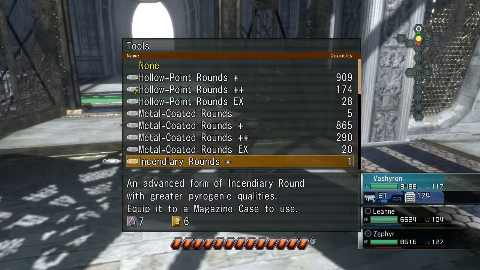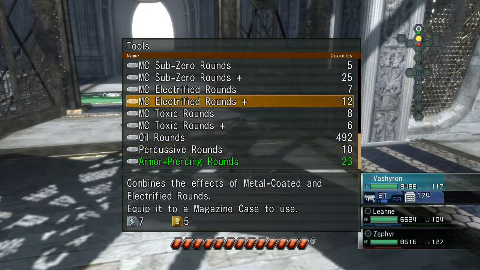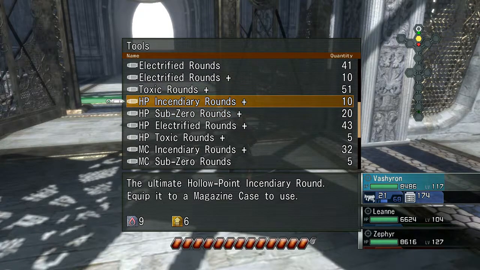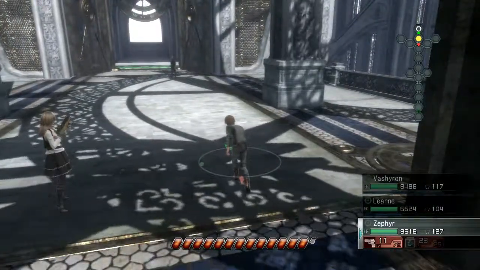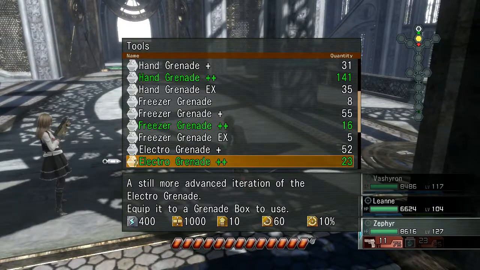Let's go ahead and set up a couple things here. Actually, hang on a second. I don't think we could actually use these for HP breakage on the machine gun, so I'm not going to bother with that. I kind of want to try some other stuff besides the hollow point round pluses, but we have a lot of hollow point rounds. We have a couple hollow point incendiary pluses, so let's try those for a little while. Leanne, I might just put her on straight healing duty. Yeah, she's just going to be on perfect aids. That's fine. Zephyr, you're going to go ahead and try...